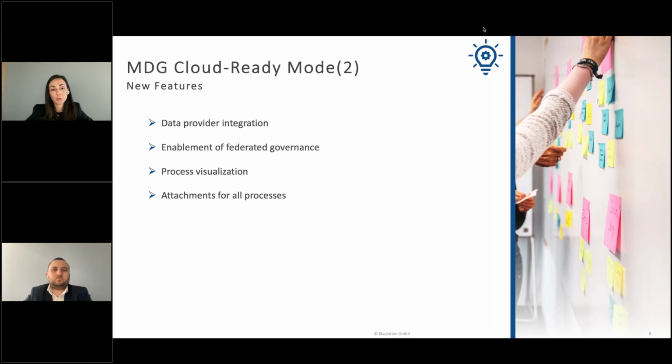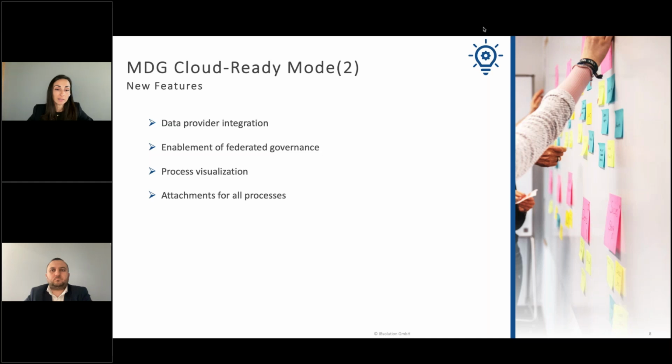A new feature is also the option to visualize the approval process. It first of all has to be configured in the system to show it, but then it's very easy to understand on which step the process is at the moment, which are the steps that were already completed, and which are the steps which are still to be completed.